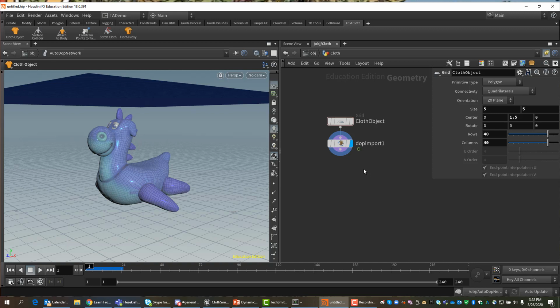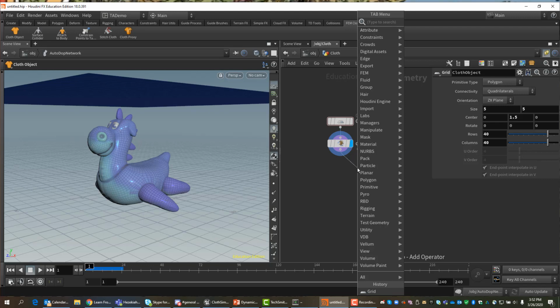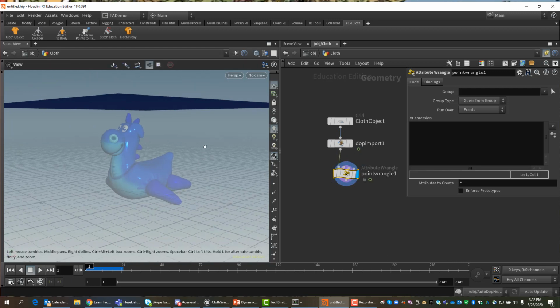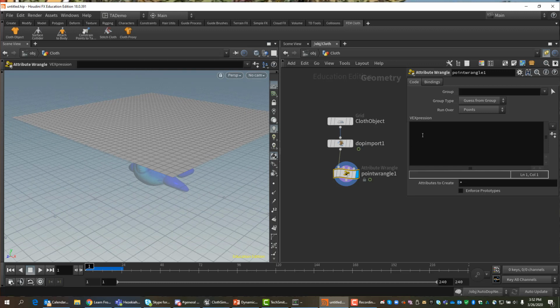One thing I wanted to do was give it some color. So in other words, I'm going to do a point wrangle SOP, and then I'm going to write a little script here in order to give our cloth some color. I want it to look like the rainbow. So in order to do that, here I got a little trick. I'm going to write @Cd, and in case you didn't know, that means make the diffuse color